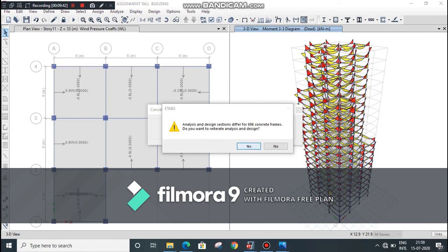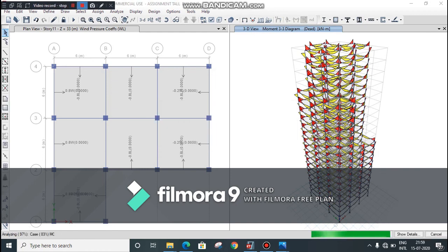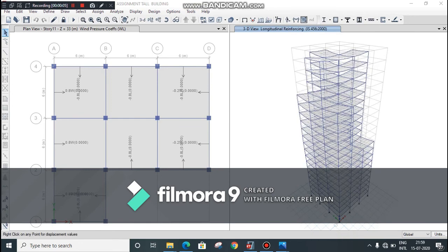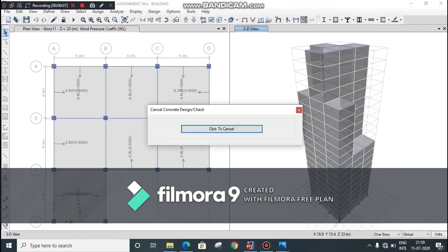Select yes, because we have selected the auto select beam and auto select column option, which uses beams and columns of the lowest dimensions for economy. Now click on yes. As I click on the yes button, the software will analyze and design itself respectively.